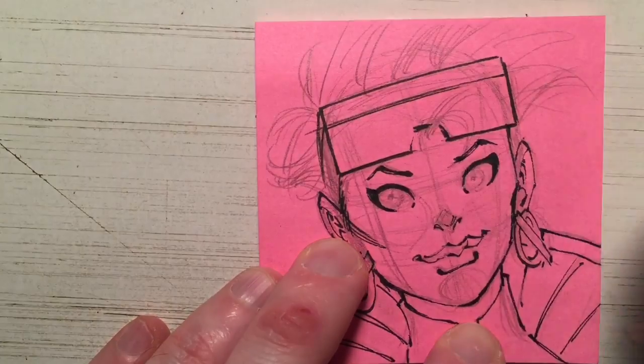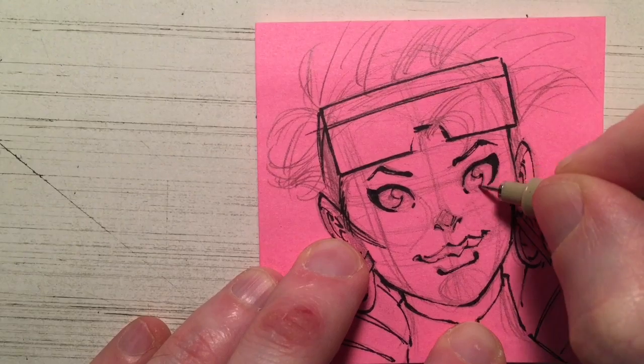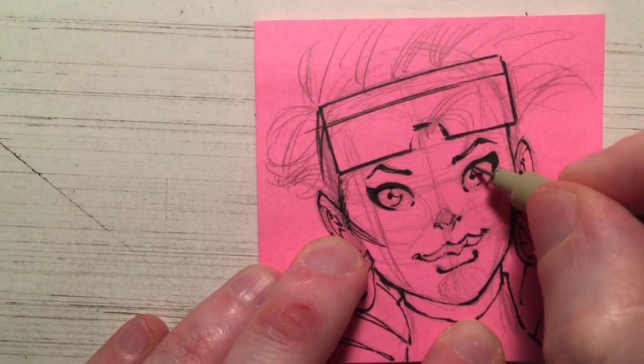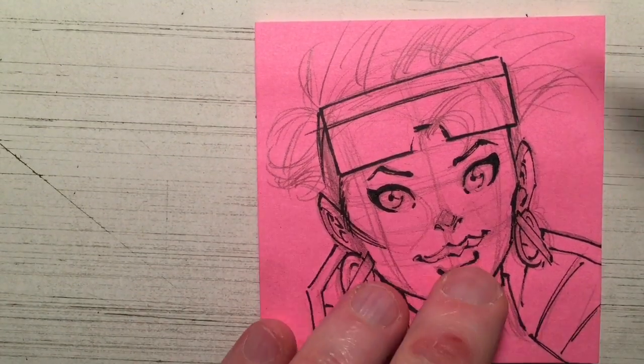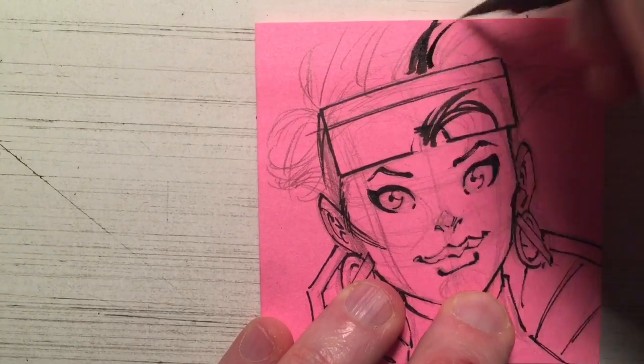Well, it all depends on what you feel comfortable with. Me personally, I use Pigma Micron markers. I use Pentel pocket brush pens, a Kuretake brush pen. I've just now started using some Zebra disposable brush pens. So it's really what works for you. And these are the things I just kind of discovered on my own,